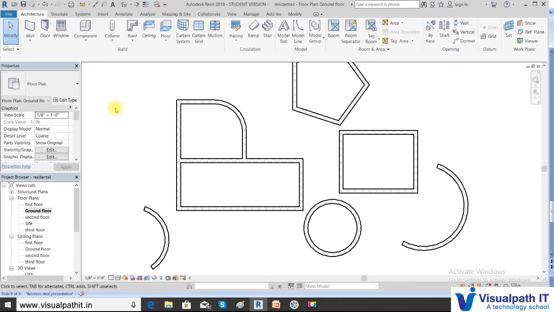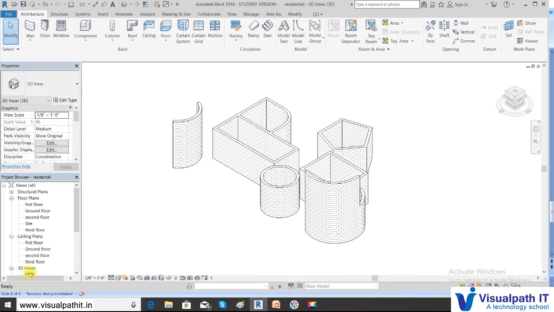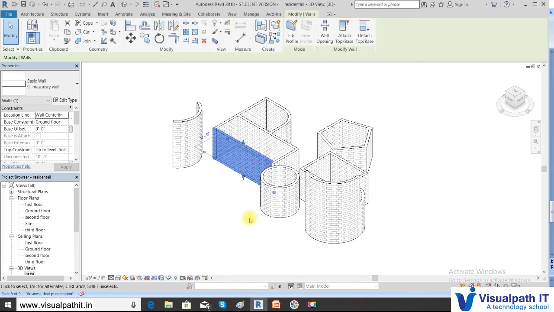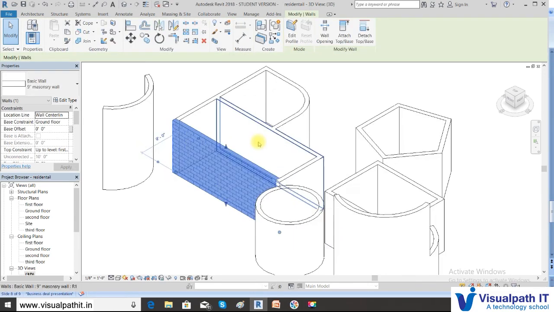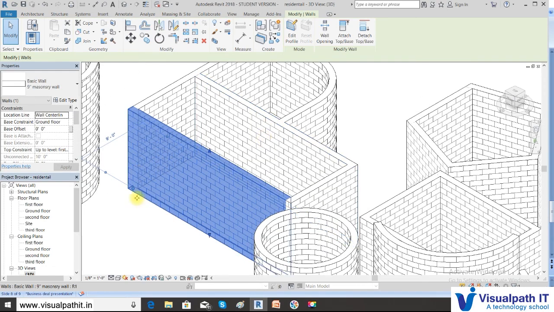In order to do that, we will see how the editing is done in the 3D view. This editing can be done only in the 3D view. So go to the 3D view and then select this wall. Once you select, now click edit profile.